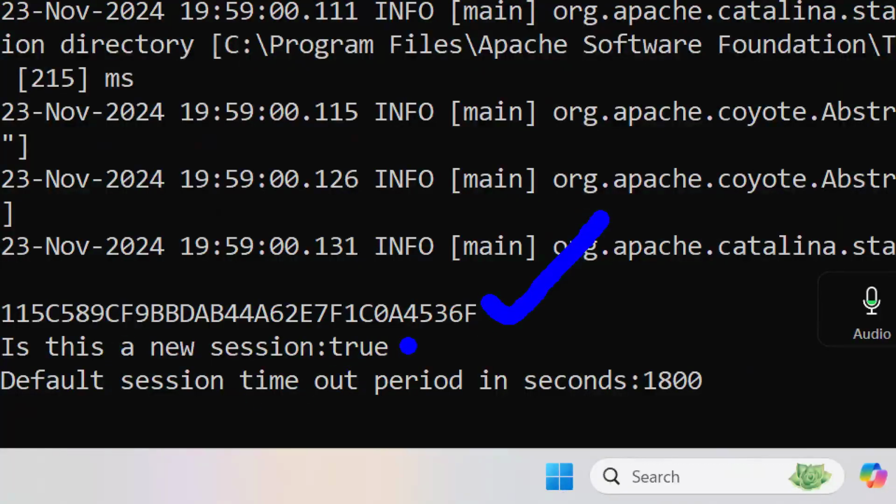Is it a new session? True. What is the default timeout period? 1800 seconds. Don't think you are not understanding. Once I show you the servlet, you will understand. You know who inspired me? One of you asked me that day, sir, what does that session ID look like? That day I skipped it without talking because we are in no way concerned. It is an internal affair. But in the session object, there is one method called getId. It will give you the ID. Nothing more, but I just printed it.